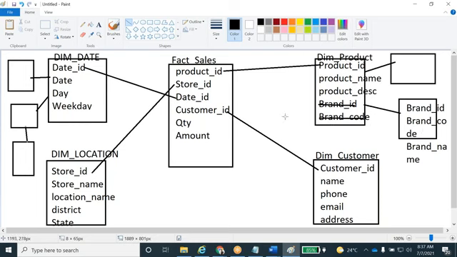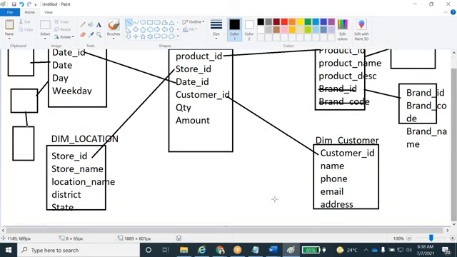Okay, this is the star schema and snowflake schema. Okay, guys. Raman, one question. For a simple star schema, is it one fact table to one dimension table, or one fact table to multiple dimension tables? It's one fact table to one or more dimension tables. And a complex star schema is multiple fact tables to multiple dimension tables, right? Yeah, multiple tables. So for example, this is the complex schema.